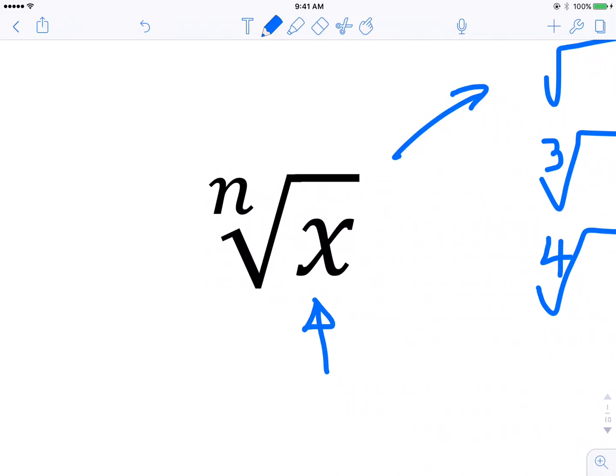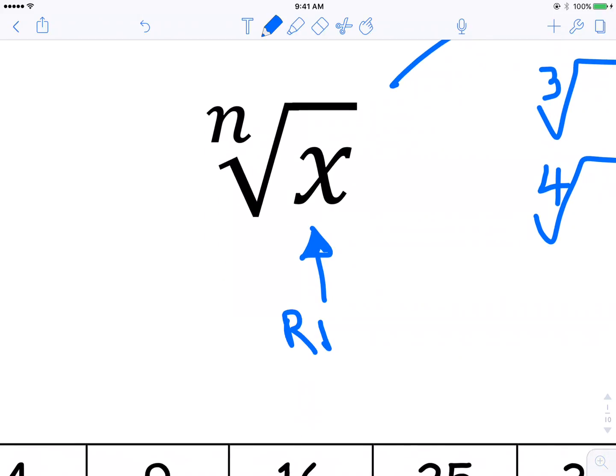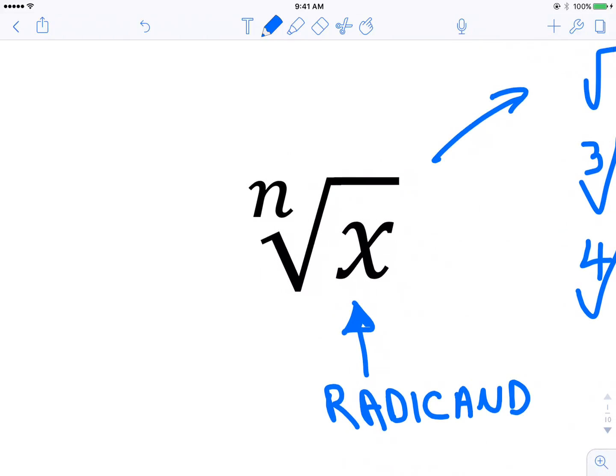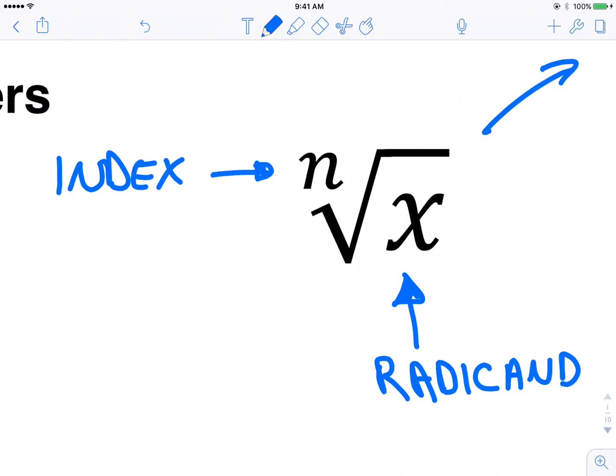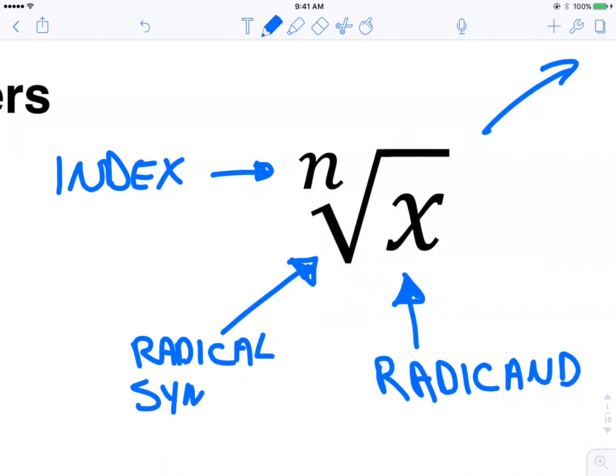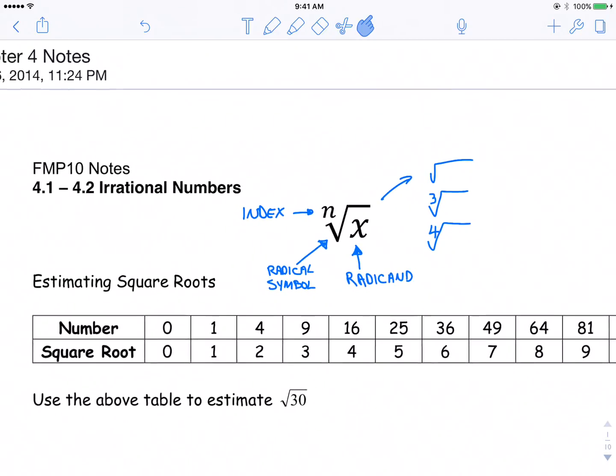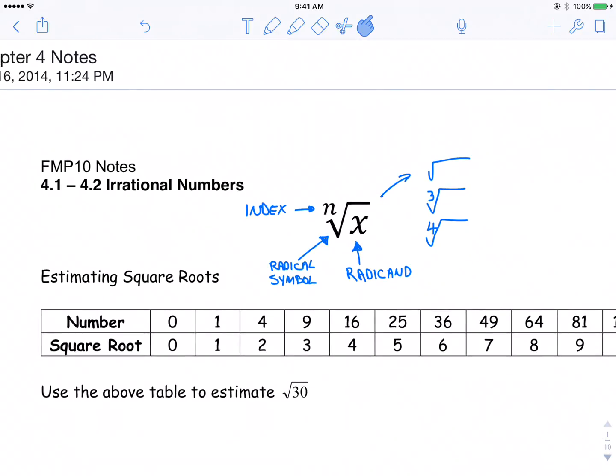this number or thing on the inside of the root sign is called the radicand. And this value outside the root sign, which tells us what root to take, is called the index. And of course, this symbol is the radical symbol. And with chapter 4, we're going to play around with all kinds of different things and rules that all revolve